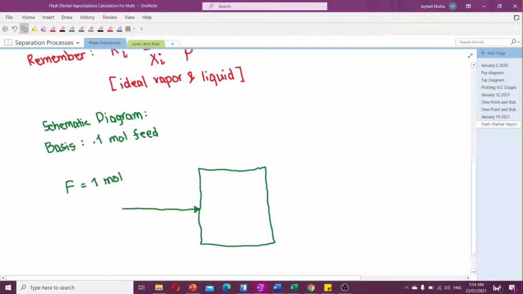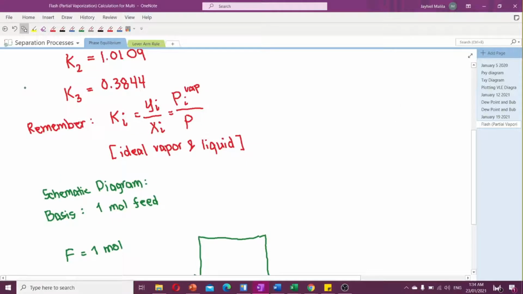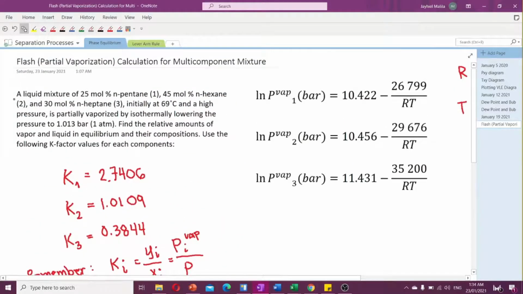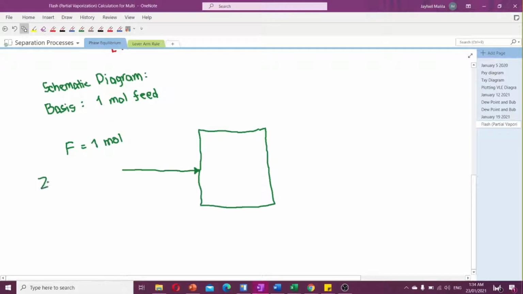And then our initial feed is a liquid mixture. Since this is a pure liquid mixture, the usual thing that I do is I use the variable z